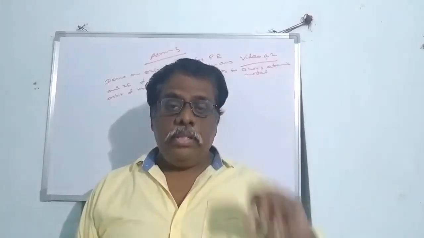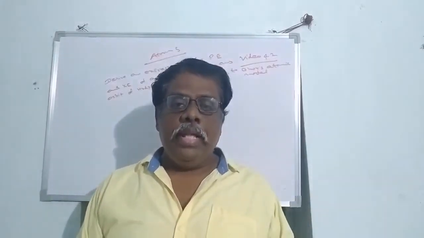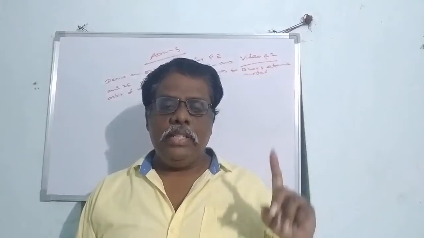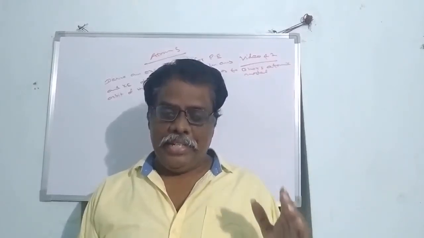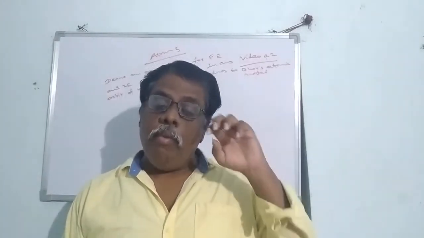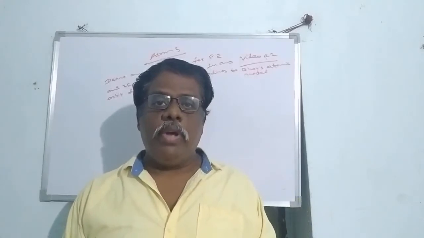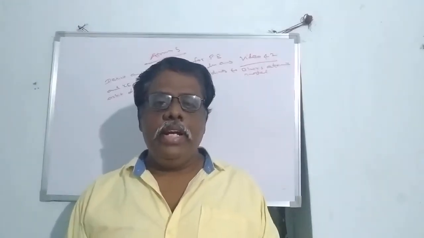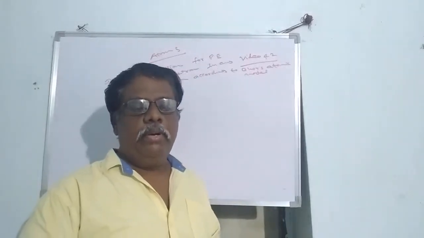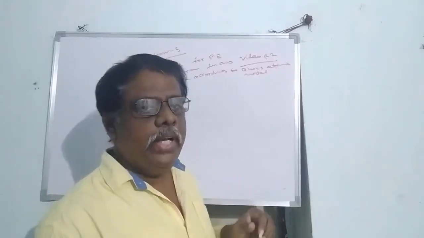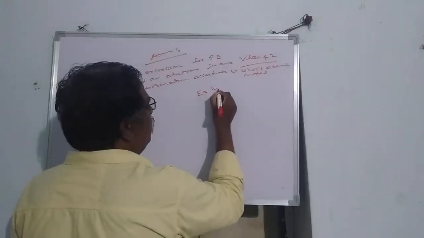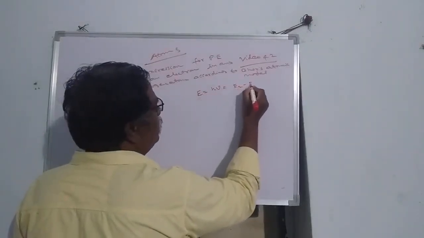When certain energy is given to an atom, the electrons in the atom get excited and jump to the higher energy state. It remains 10 to the power of minus 8 seconds in the excited state and falls to the ground state. The balance of energy is emitted in the form of radiation. When an electron jumps from a higher energy level to a lower energy level, it emits the balance energy in the form of radiation. When it rotates in the stationary orbit, it does not emit any radiation. The energy difference is denoted by E is equal to h nu, that is equal to E2 minus E1.